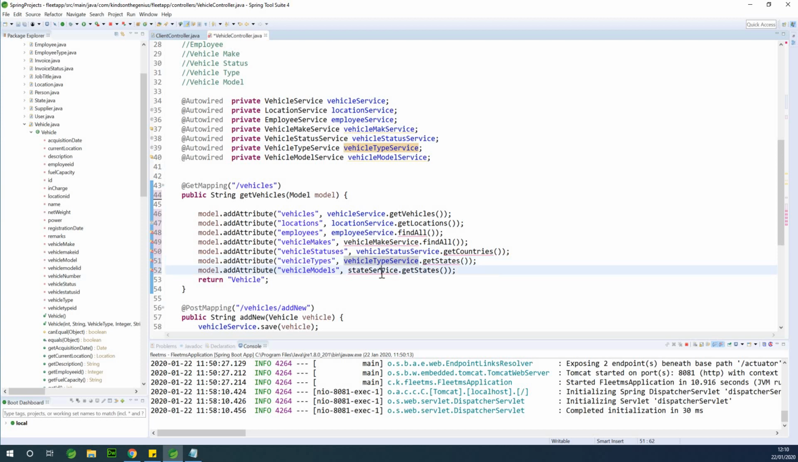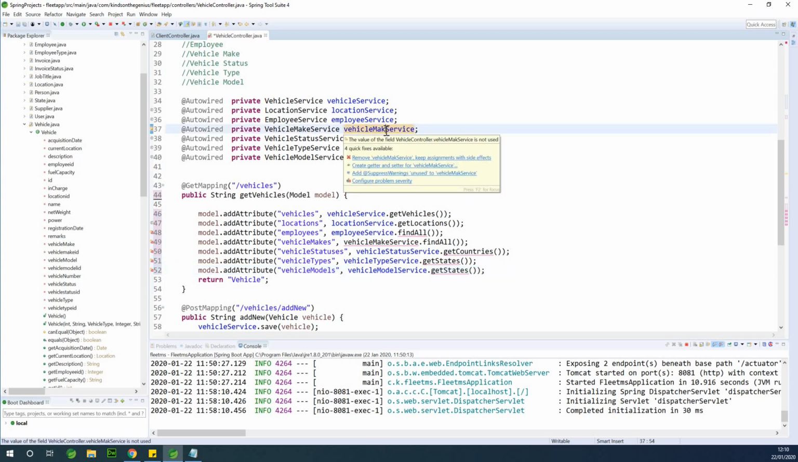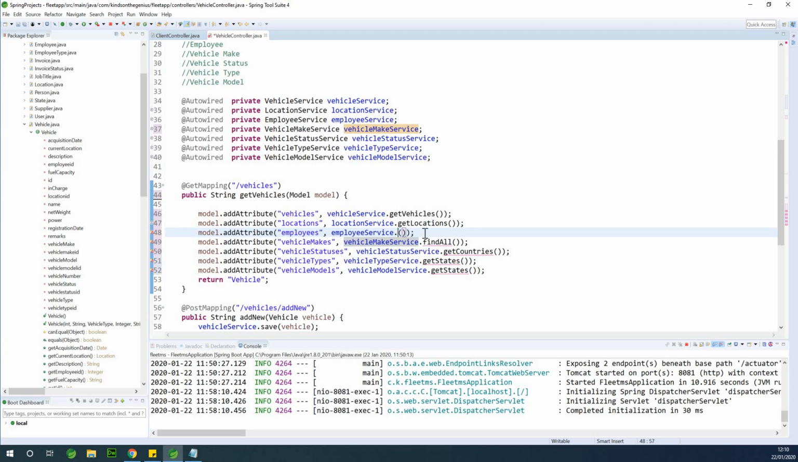And finally, we have vehicle model service. So in this case now, we should maybe have a typo somewhere. We have vehicle make service. You can see there's a typo right here. Okay, so I think it should be dot get